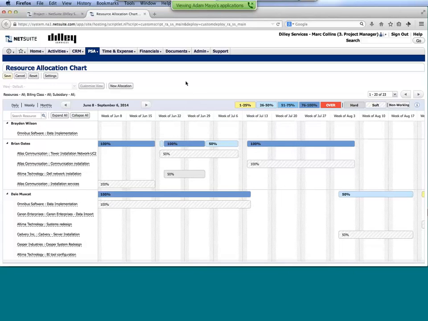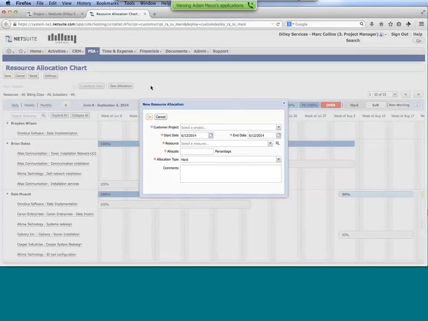In addition to interacting with the individual allocations that you see on here, we can toggle through different views that you might have access to, so looking at different levels of resources, whether it's the consultants or project managers, that sort of thing. So in the theme of the project that we're working with today, for today's demonstration, what I want to do is create a new allocation. Again, if you recall, I'm looking for a project manager, a consultant, etc. In this case, let's say that we want to focus in and find a consultant to work on this.